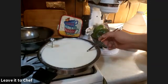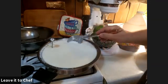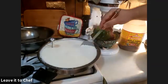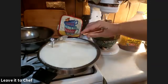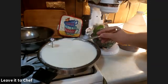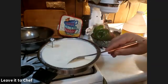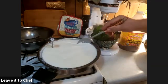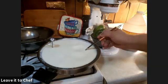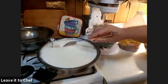So basically what I'm doing is I'm bringing this up to the 190 degrees and then slowly adding the acid. I usually, again, use vinegar or lemon juice, whatever I have most of. And we'll step through the process here. And then once it's hot, once it's curded,